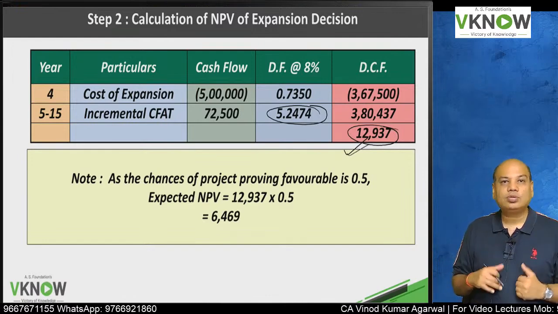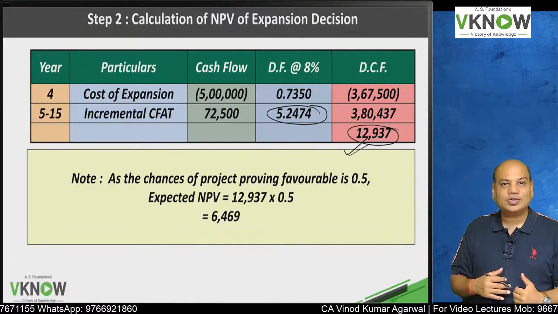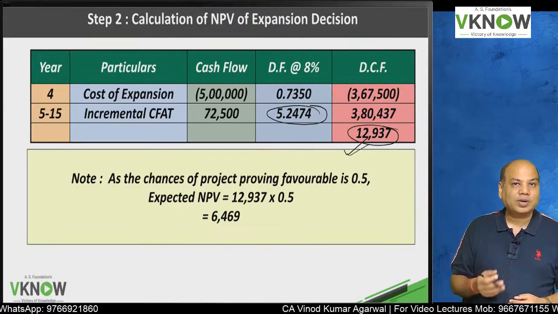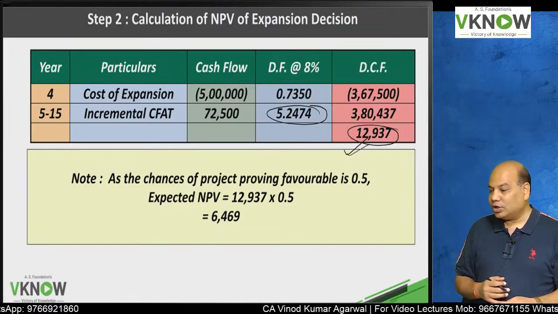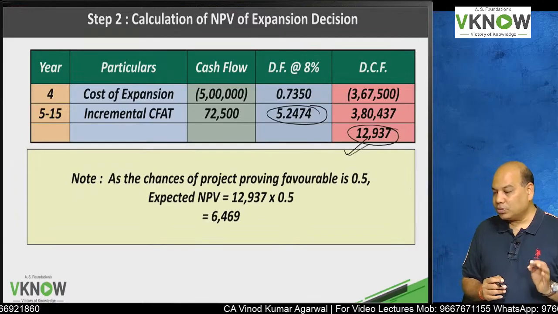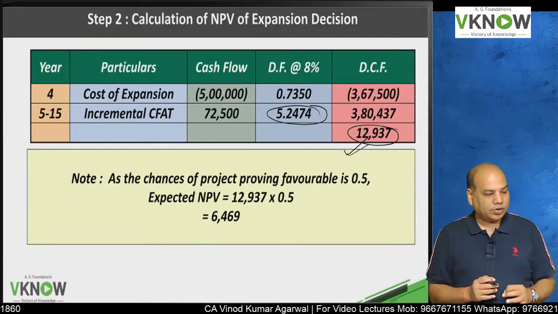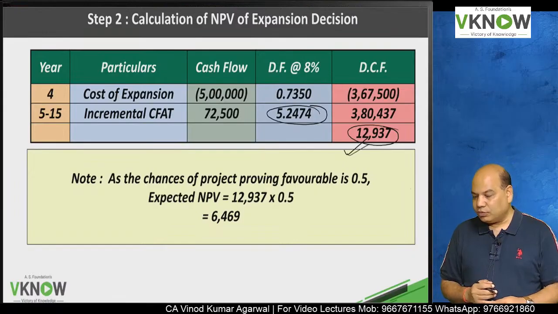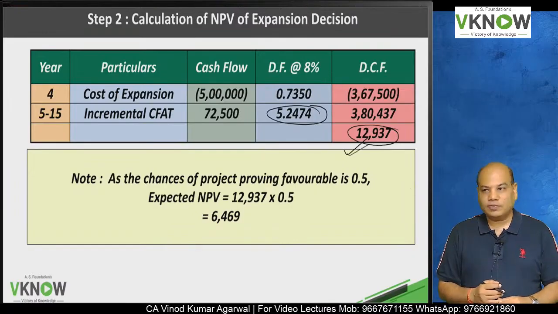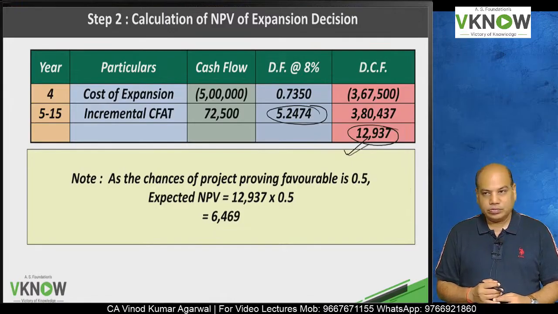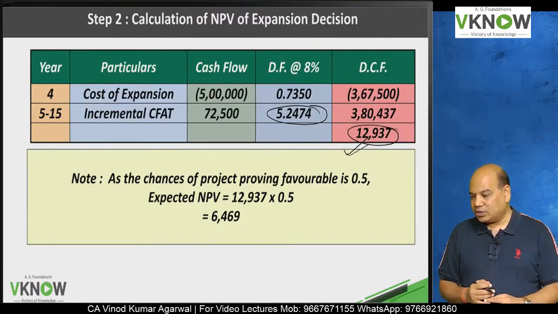And we have to decide today. We have to take the decision today. I don't know what will happen after 4 years. So I need to compute expected value. As the chance of the project proving favorable is 0.5, expected NPV is equal to